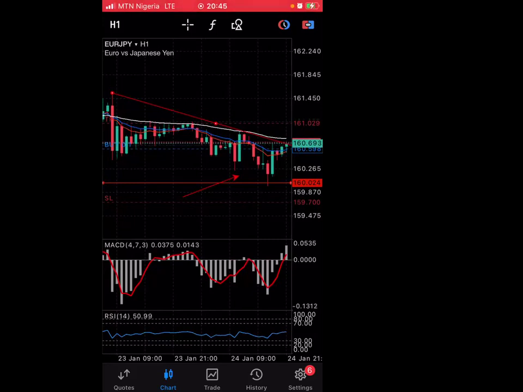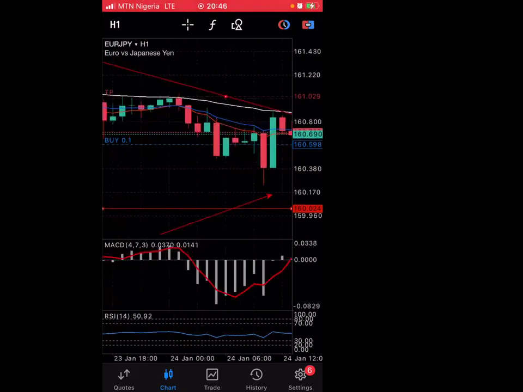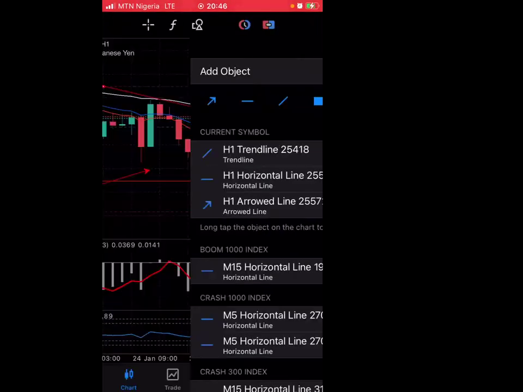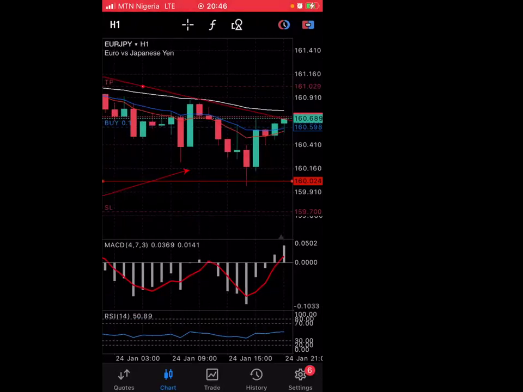Okay, so on the chart you can see on my screen, it is Euro JPY. Okay, Euro JPY. I hope you can see it up. Euro against the Japanese yen. Now, at every point in time, what the Forex market is